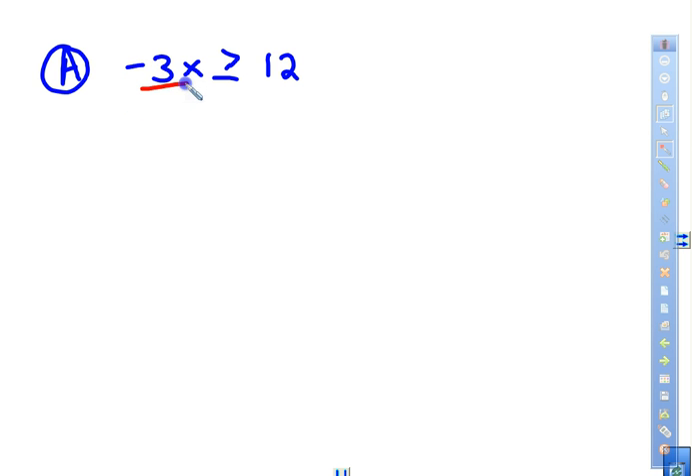So the first thing you're going to do, since it's multiplying by x, you have to divide by that same number, which is negative 3. And we get x. Now, if we recall on the back slide, it says if you divide or multiply by a negative number, you have to do the reverse of this. So now it's going to be less than or equal to, and then 12 divided by negative 3 is negative 4. So if we take a number that is less than or equal to negative 4,